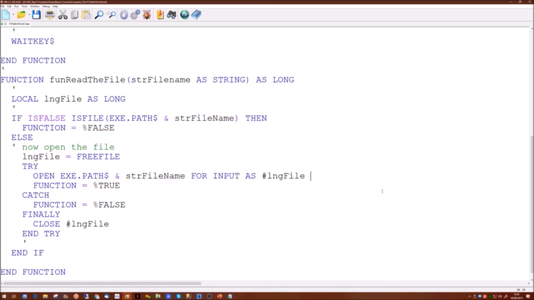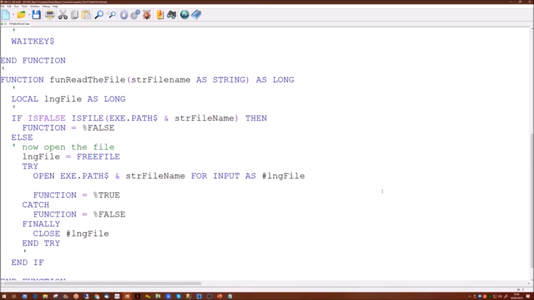Now what you can do is, if the file doesn't open, put a message out to the console of whatever the error was, because if you do have an error, we go into the catch section and you can actually print that error out to the console. Of course, since no one's probably going to be watching this program when it runs, you can actually send these errors out to a file, basically have a log file which you can append all the errors into.